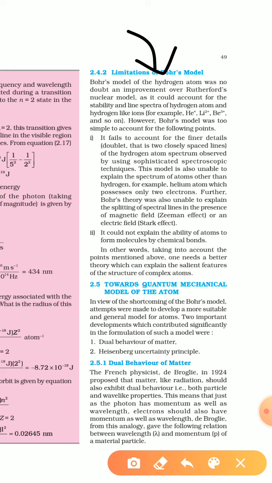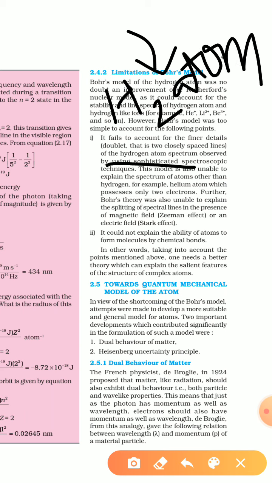Since the Bohr model was only applicable for the hydrogen atom, a higher order element, suppose if you want to explain helium, carbon, boron, oxygen, nitrogen, fluorine, or even the 118th element, that could not be possible by the Bohr model. It was only applicable for hydrogen atom explanation. Whatever we had studied was about the hydrogen atom model.